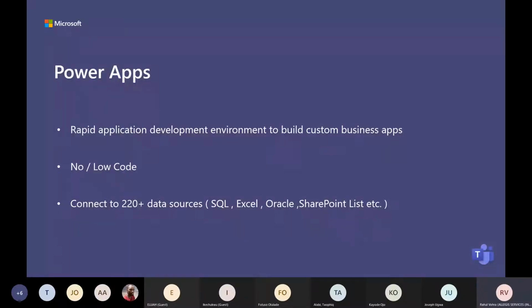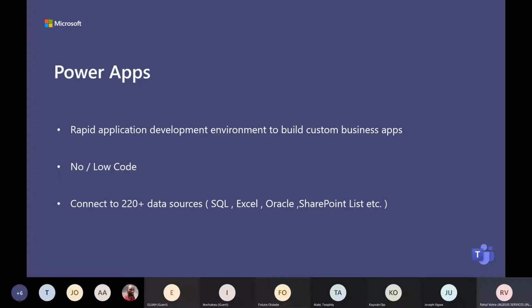So focusing on Power Apps, what is making Power Apps so popular? Primarily it is because it enables rapid development of applications to suit our business needs. It is available as a functional product out of the box.